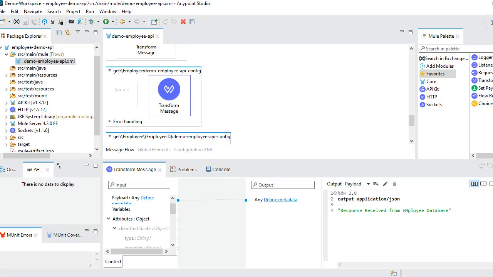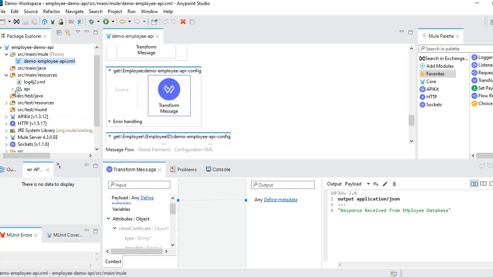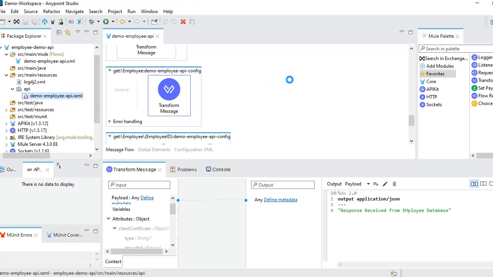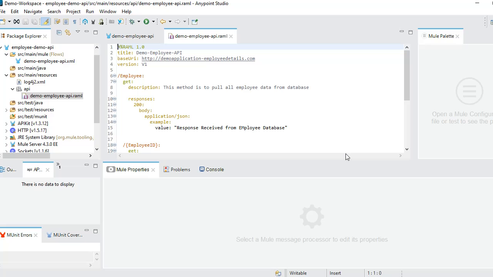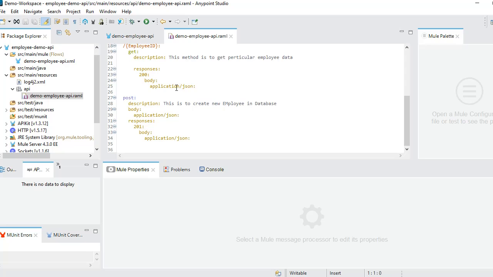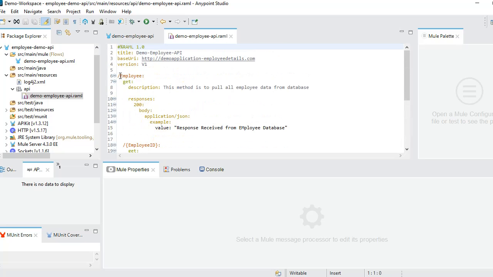Okay, if you can actually check your RAML from here as well. In our employee application, it will add that parent RAML under src/main/resources and api/demo/example RAML. You can see it will give you all the RAML details. This is the same RAML actually we have imported from our Design Center, right? So this is our first resource, /employee GET resource.